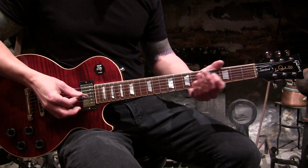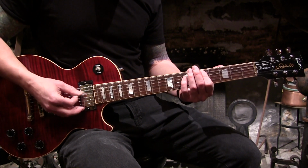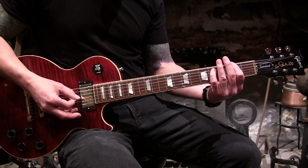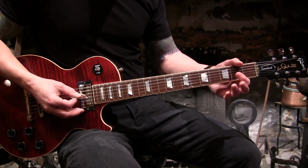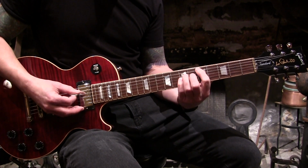So for the chorus riff, A power chord, D power chord, and then an F sharp power chord. And for me, I'm just playing 2-string power chords. You can play 3-string power chords if you like. Then